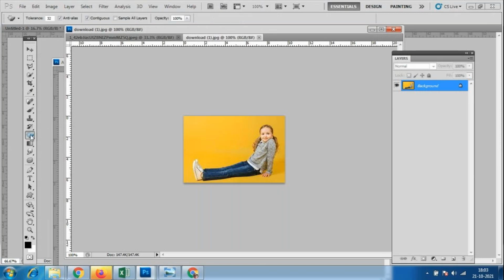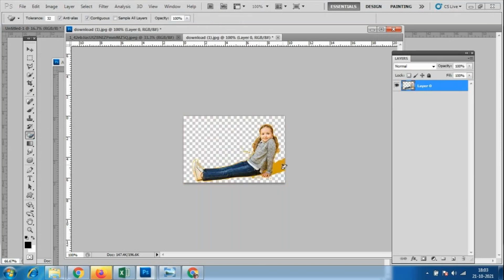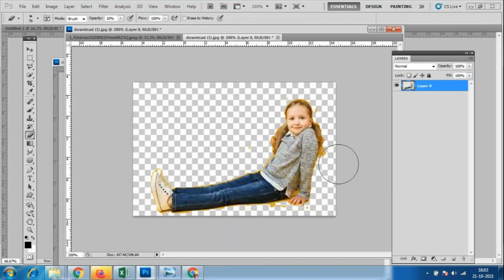I'll use the magic eraser tool and remove the background. If I want to make it a little clearer, I zoom in, and the opacity is 50%. Here I'm doing that.